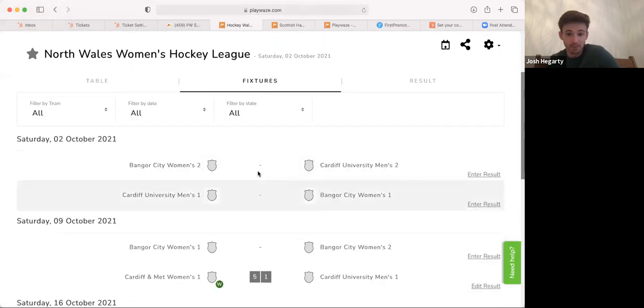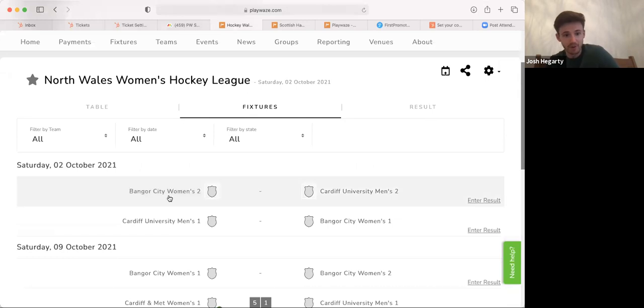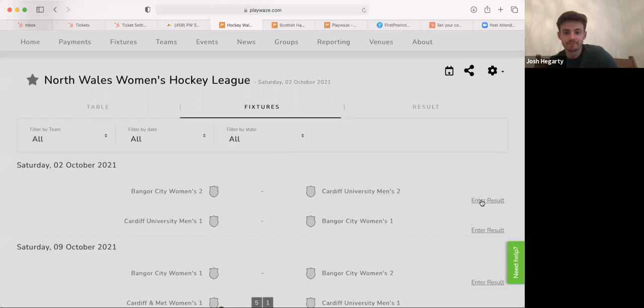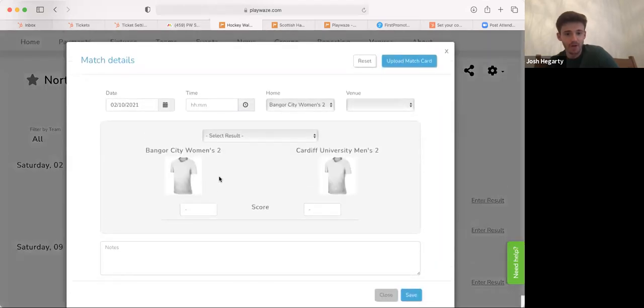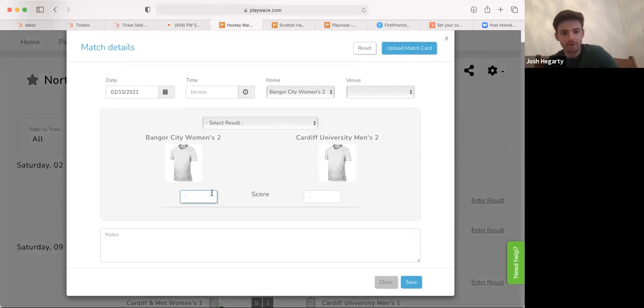The process is really simple. It's literally come to your fixtures, which you can get to from obviously your team hub that I was showing you earlier. Literally click enter result, and you're presented with a scorecard that looks a bit like this. Now we will change terminology here. I know it says score, that's incorrect, but we will change this so that it's proper hockey format. You guys will then be entering, so let's say they win 5-0, and then if I